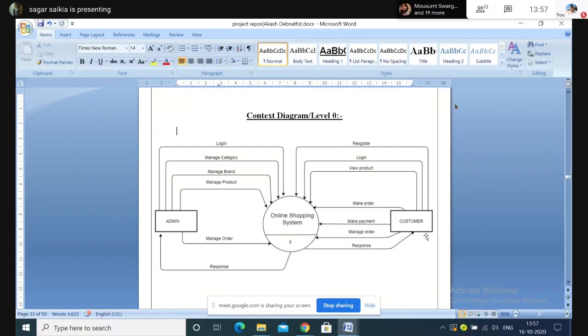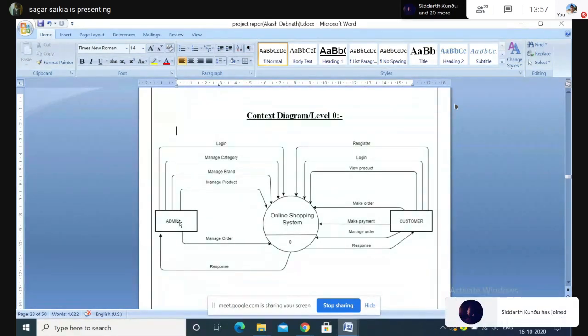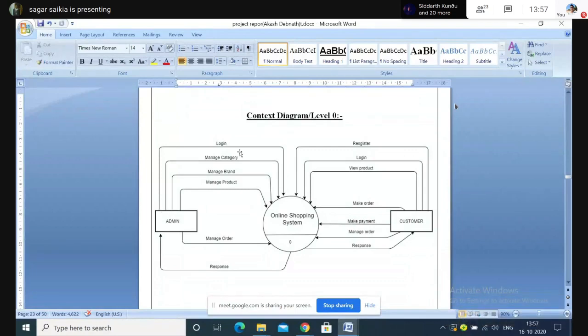And doing some work, customer will be putting up order and all that, isn't it? So first of all, we remember what did we say that the admin will be providing login credentials like username and password, and he should be able to log in, or if the credentials are incorrect, then he will not be able to log in and will redirect to the login page. So when he provides the login credentials here, he will get a certain response. Whether the response is positive or negative, that will depend. So I'm showing just with one arrow only.